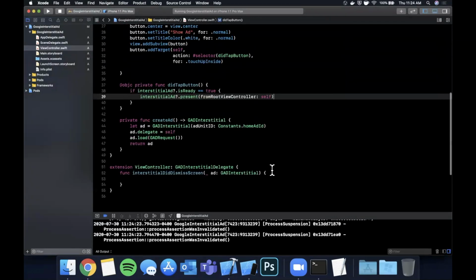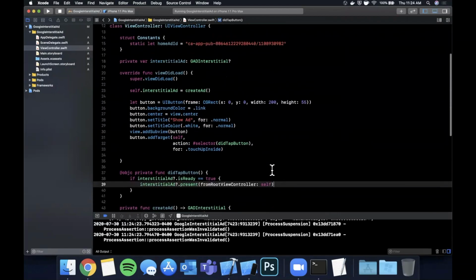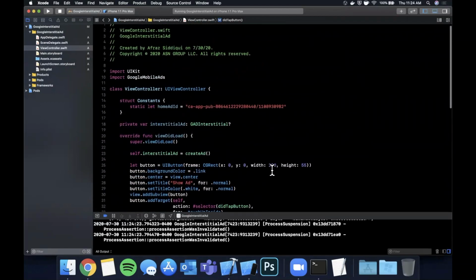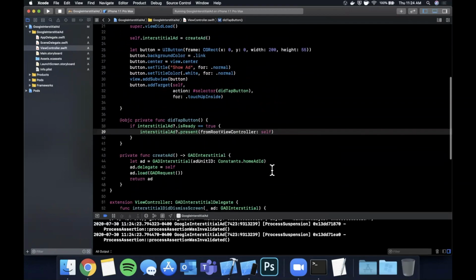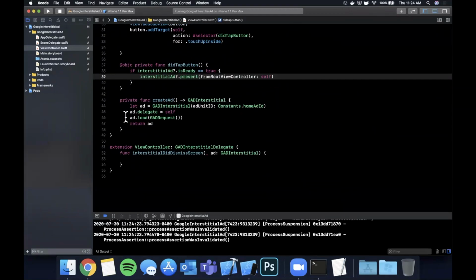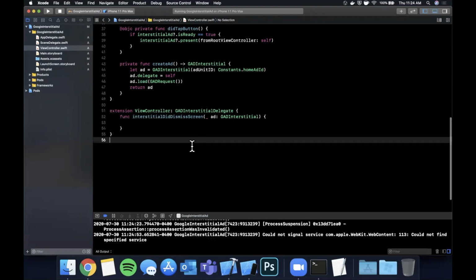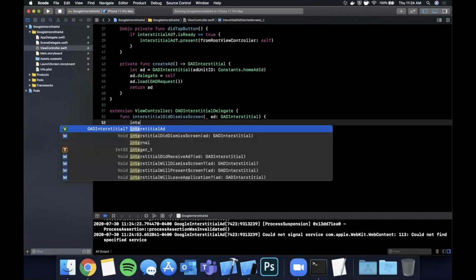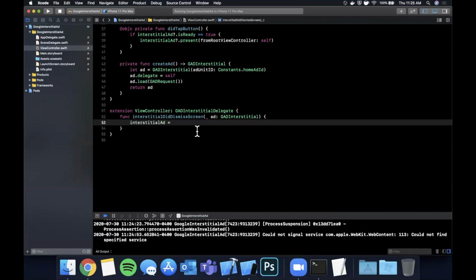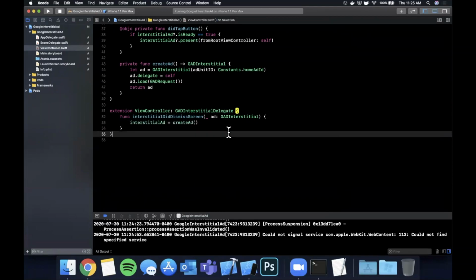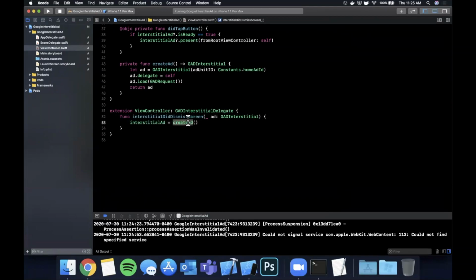So basically the way this works is each interstitial can only be shown once. In other words, when you create an interstitial ad and call this load function on it, it's only good to be shown once. So obviously in our apps, we might want to show an ad multiple times, and the way that we handle that is in this function of did dismiss screen for the ad, you simply want to reassign the ad. So you can say once it has dismissed, the interstitial ad property, just assign it to create ad